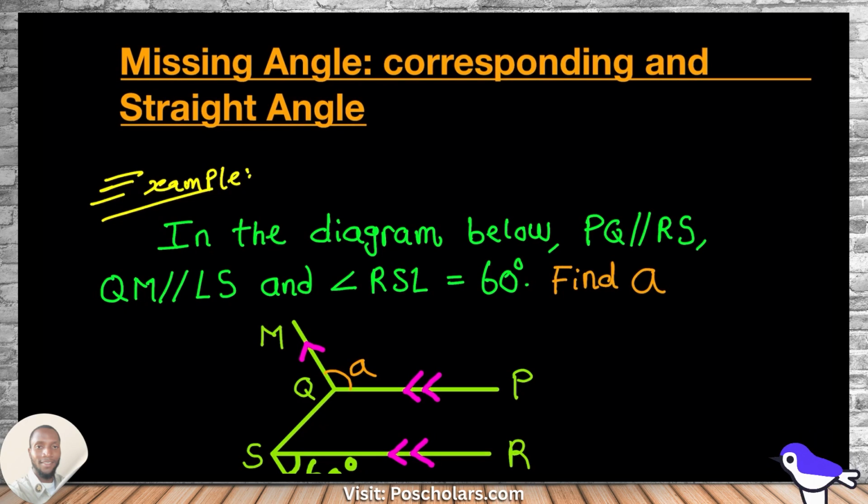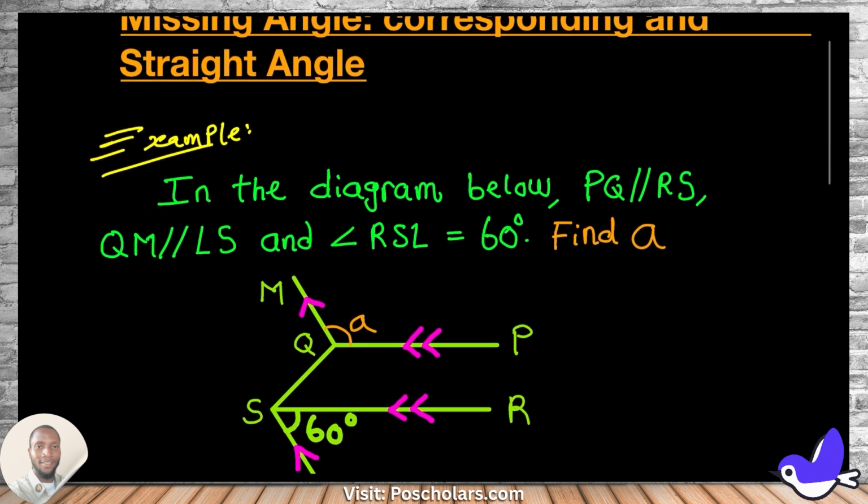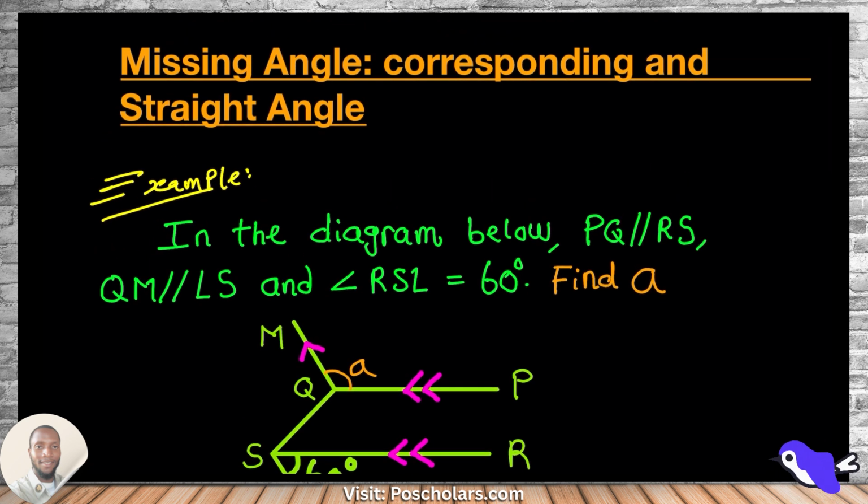So the title of this video is Missing Angle, Corresponding and Straight Angle. Now take note, corresponding angle and straight angle is a type of what? Angle, which we have already established in a previous video. We have one example we are going to solve together, and the example says in the diagram below, PQ is